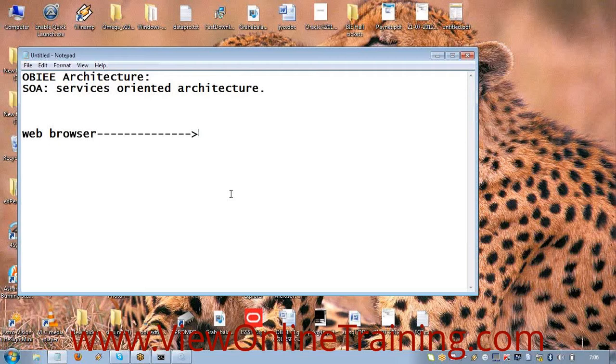Now, this web browser has to connect to a web server. How does it communicate? See, if you want to attend the OBI class, you should have an internet connection and also GoToMeeting software installed on your computer, right?